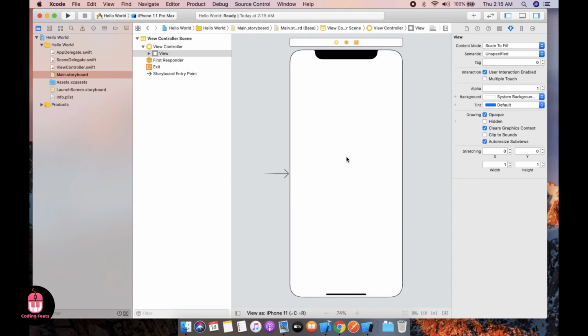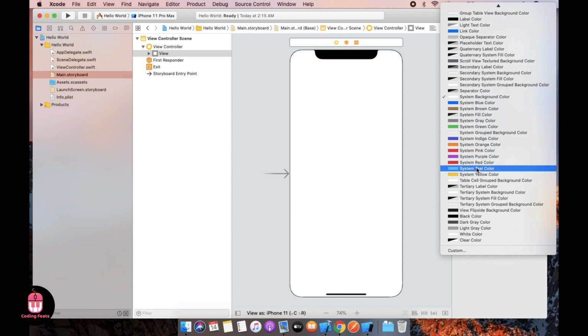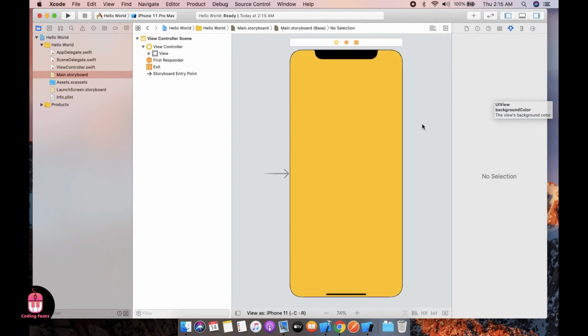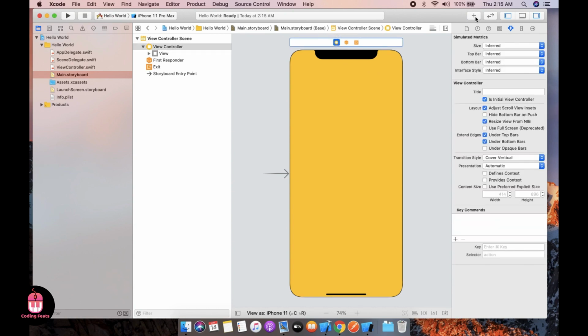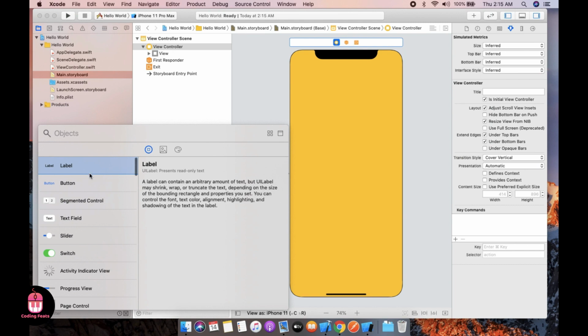First I will show you how to change the color of this screen. So now we can choose system yellow color here, and now we can add the library. There are lots of objects like label, button, segment control, text field, slider, switch, activity indicator, and so many things. So right now I am just using a label on the screen.